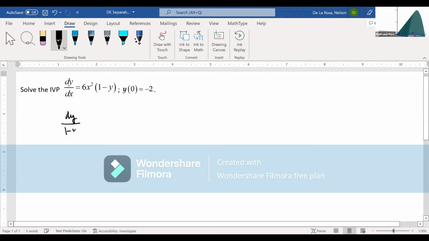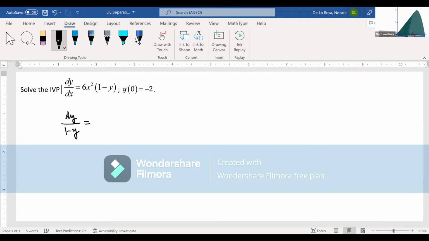over 1 minus y equals 6x squared dx. So we were able to separate variables, and now we have a differential equation that can be solved using the approach of separable equations. As we already separated variables, we can integrate on both sides. So we have the integral of dy